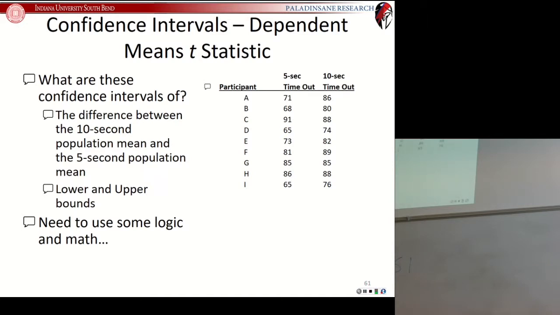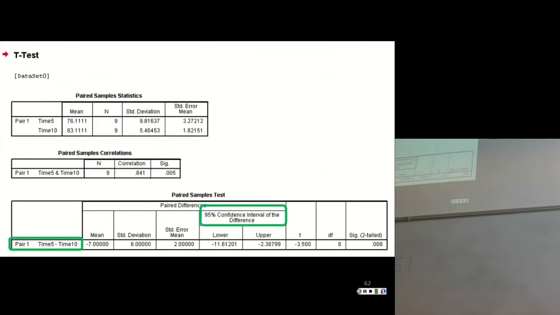But we do want to get it into this mean plus or minus some value. So for that, we need to use some logic and some math. So the first thing that we do is we have our center of our confidence interval. That is your mean difference. In this case, it's 7%. And then we need our plus or minus portion of it. And that is going to be always, always, always your upper value minus your middle value. So we go upper minus middle. We go 11.61 minus 7.0. That gives us a difference of 4.61, and that is our plus or minus